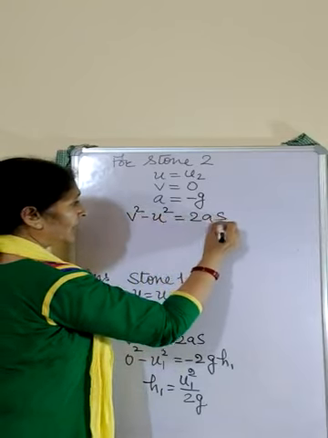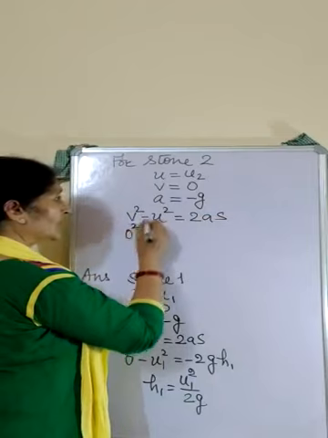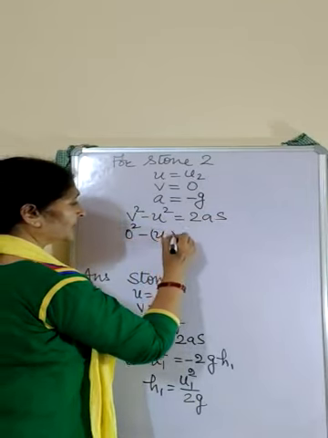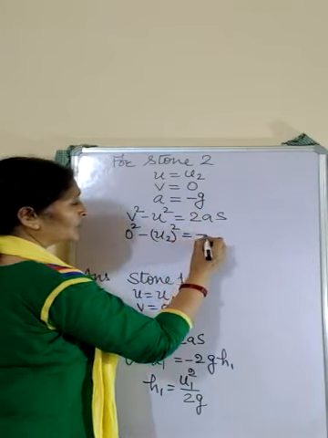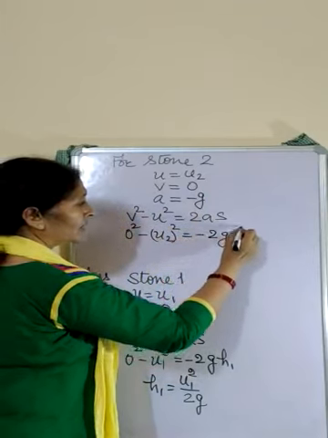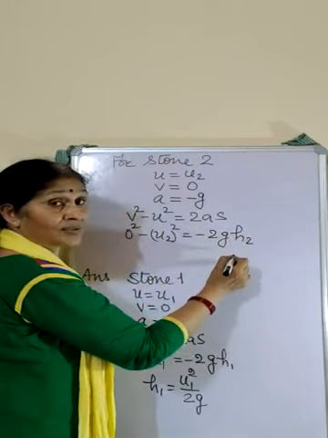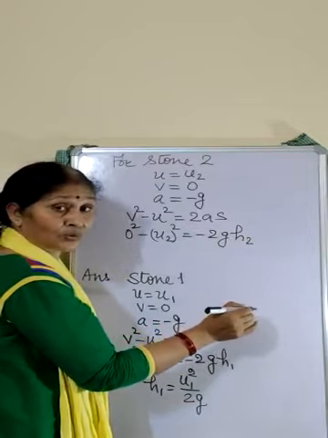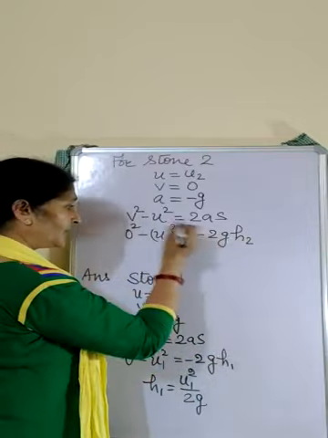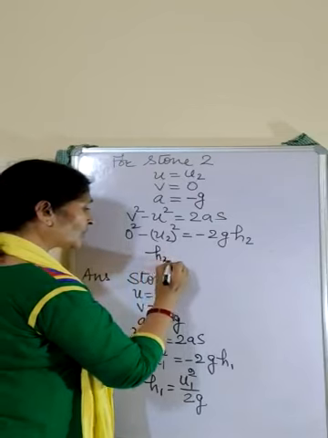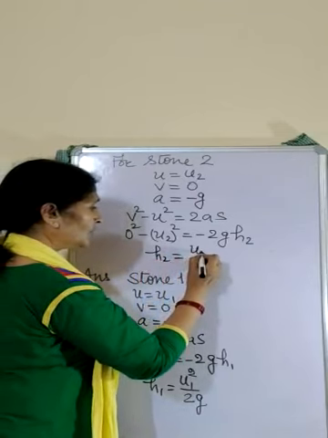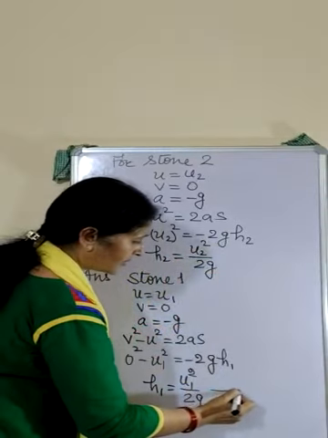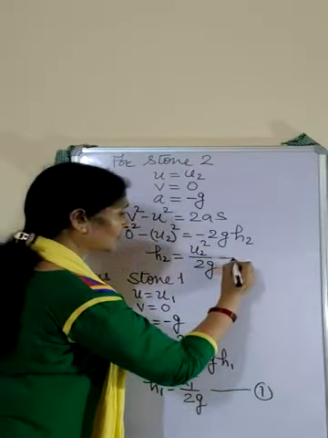Now the formula used will be v square minus u square is equal to 2as. 0 square, putting the value, minus u2 square is equal to minus 2gh2. Here h2 is the maximum height attained by the stone 2, and from here h2 is equal to u2 square by 2g. If this is equation number 1 and this is equation number 2, then